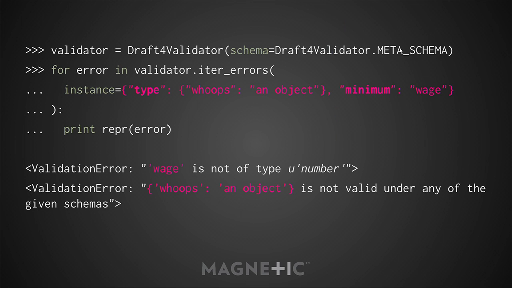And again, the meta schema is in no way special. In fact, there's a class attribute called meta schema. You can create a validator if you'd like, whose schema that it's going to validate against is the meta schema. That gives you access to all of the same functions that we talked about before. So you can call iter_errors if you have a schema, which in this case is an instance. If you have a schema that's wrong in multiple ways, you can see all of the errors with that particular schema. This one, for example, still has that problem where type is an object, but now also we're providing a string to minimum, so that doesn't make sense either. In this case, there's two errors. One is that wage is not a number, and the other one is the same error as we saw before.